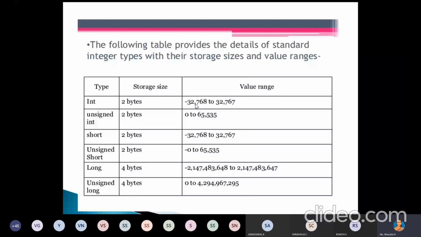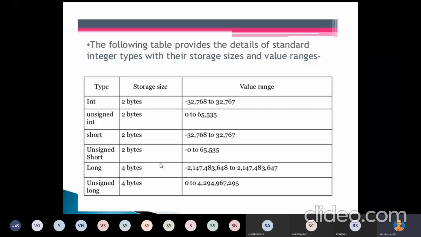Unsigned int means we don't have negative values, it contains only positive values. Same with short: in short we have the positive range and the negative range, but in unsigned short we have only the positive range. Any other doubt? Shall I proceed? Yes, ma'am.